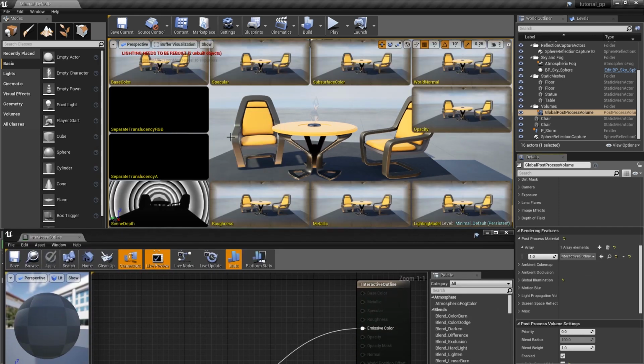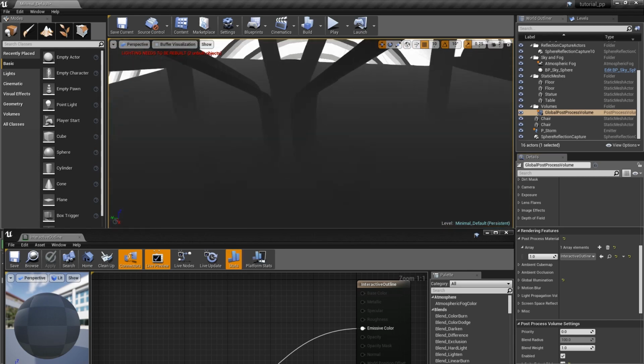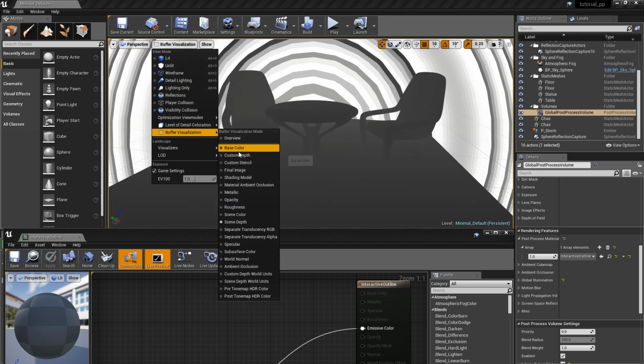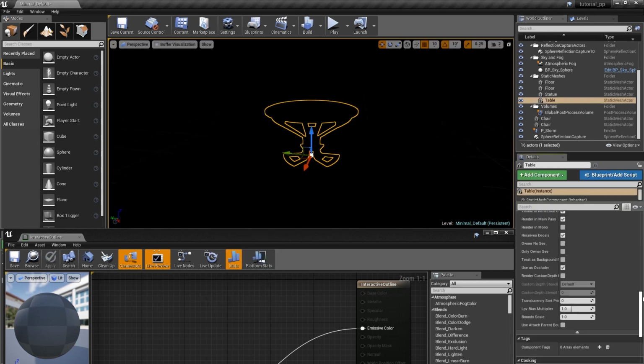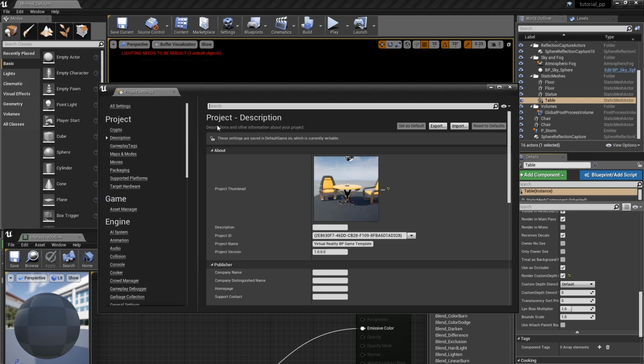Take a minute to preview some of the buffers. In forward rendering, you don't get a whole lot. Two of the ones you can use are Scene Depth and Custom Depth. Both are the same, except Custom Depth will only draw the objects you tell it to by checking Render Custom Depth. There's one more called Custom Stencil, and in order to see it, you'll need to go to your project